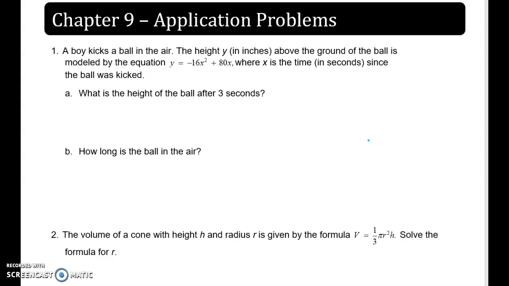Hi, algebra students. So we're going to look at how the quadratic formula can be used to solve real-life problems. And we're going to start with 4 problems here that we're going to take a look at. And the one thing I want to remind you of is anytime we do application, please remember that not every